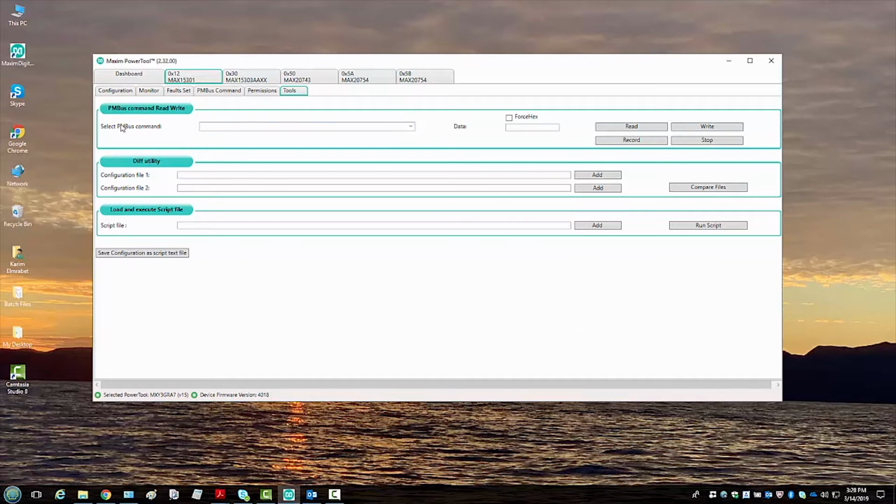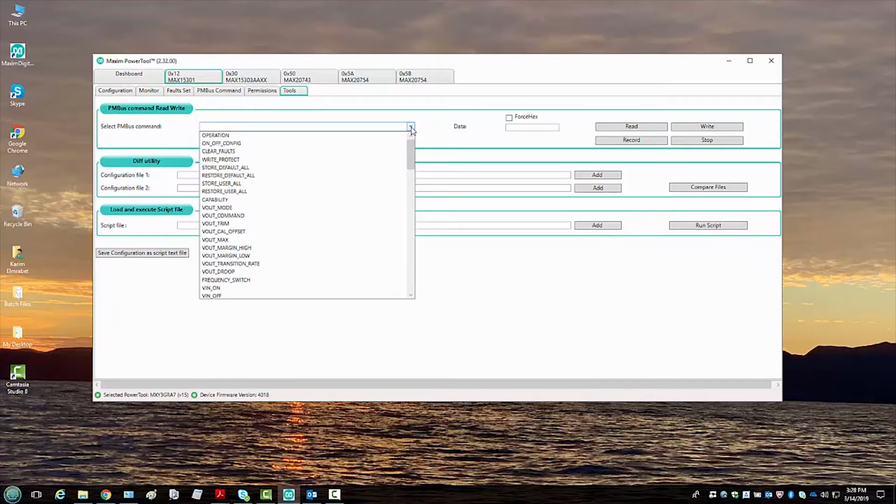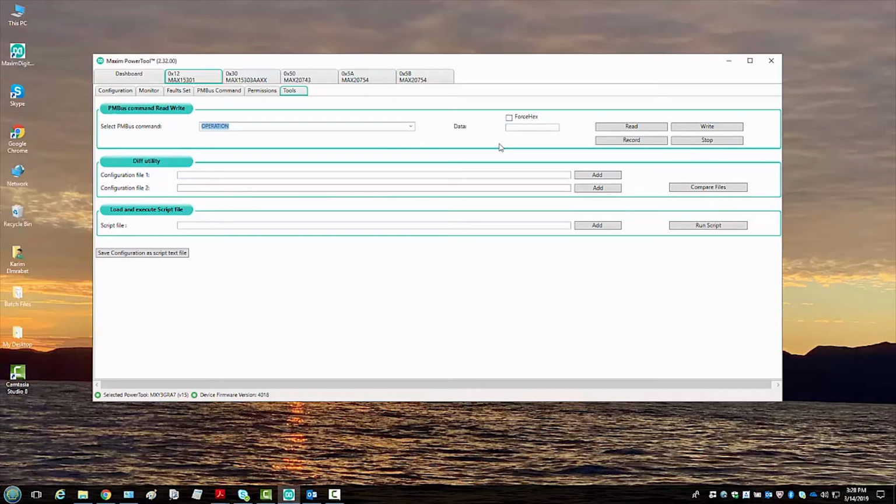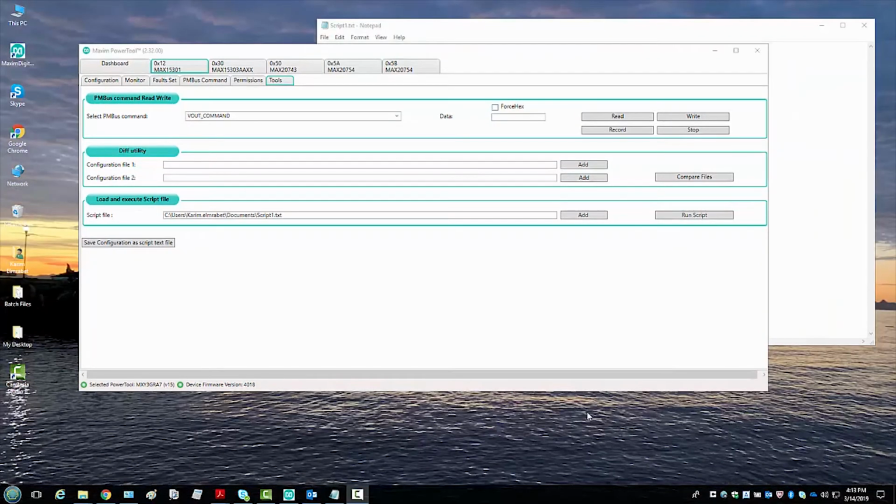This has a list of all the commands that are supported for that device, and you can select the command, you can read it, you can change the value and write it, and so forth. You can do this one command at a time, or a little bit later I'll show you how to do it using a script. Over here also we have the force hex, so you can see the values both in hex and in regular values. Another feature we have here is the ability to send multiple commands and verify that those commands have been written correctly. And the way to do this is